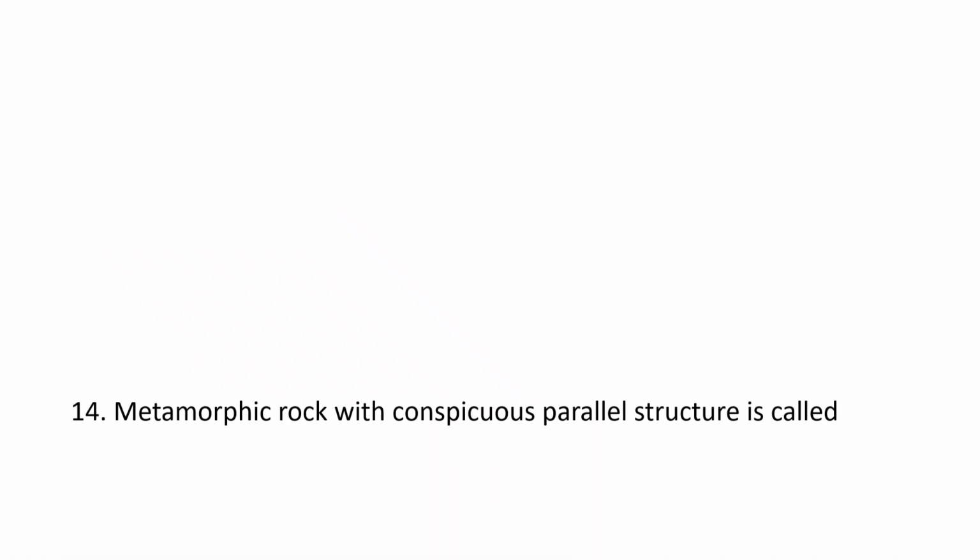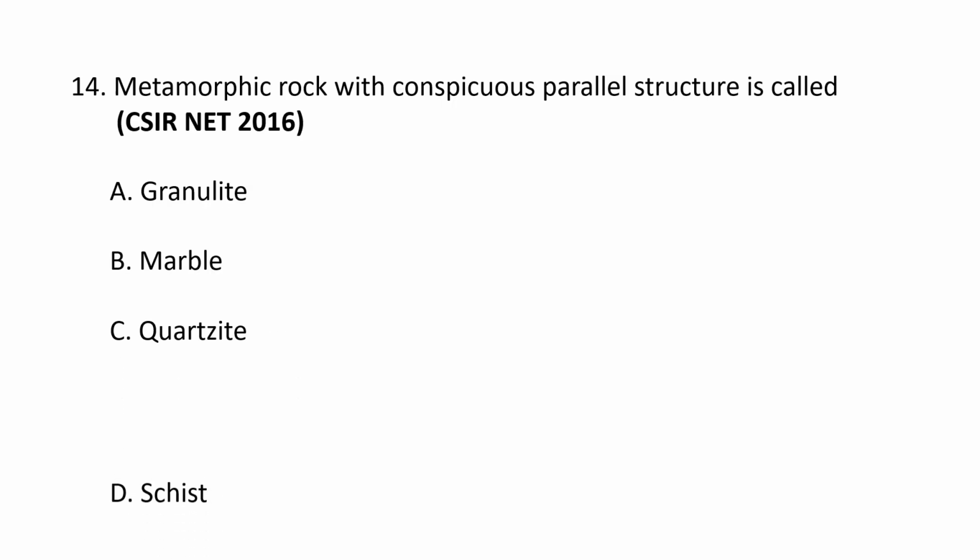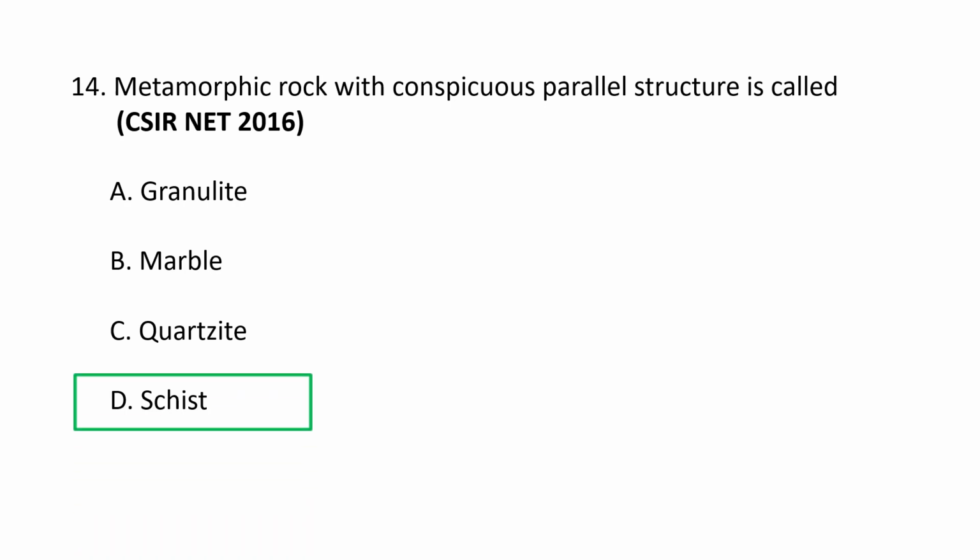Next question. Metamorphic rock with conspicuous parallel structure is called A. Granulite, B. Marble, C. Quartzite, and D. Schist. So obviously D. Schist is the correct option. Metamorphic rock with a conspicuous parallel structure, that is layering or alignment of minerals, is called as a foliated metamorphic